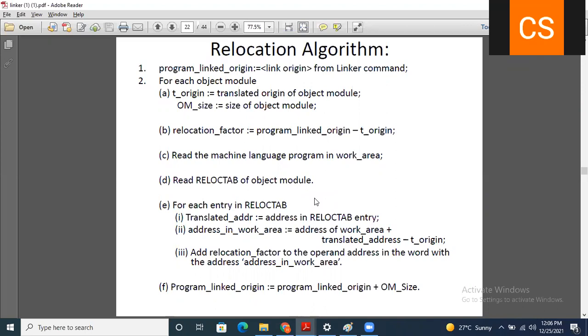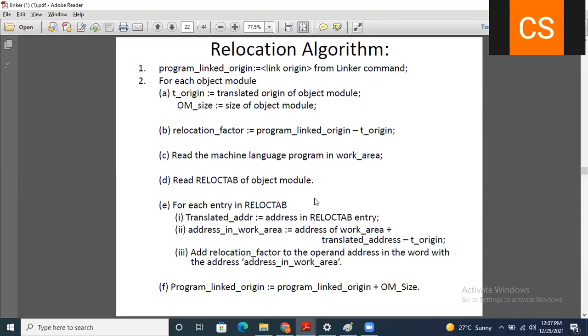Program linked origin is assigned using the link origin from the linker command. From where you want to link the program, you need to specify that. It is nothing but the origin provided by the linker.